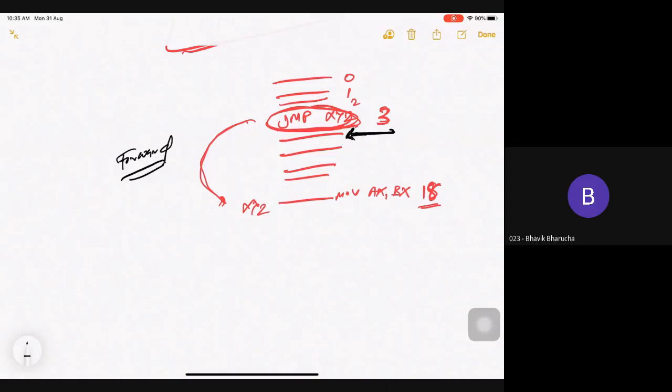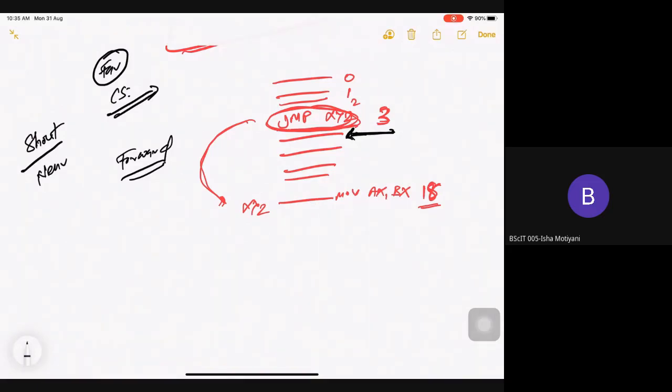Because it is a forward jump, your assembler doesn't know what XYZ is, and where XYZ is, because it has only reached the jump instruction so far. So it is a confusing part for the assembler whether it will be a far jump, short jump or near jump. If it is CS colon something, then it already knows that it will be a far jump, right? So if it is a far jump, the instruction itself tells you. But from this instruction it will not get to know whether it will be a short jump or a near jump.